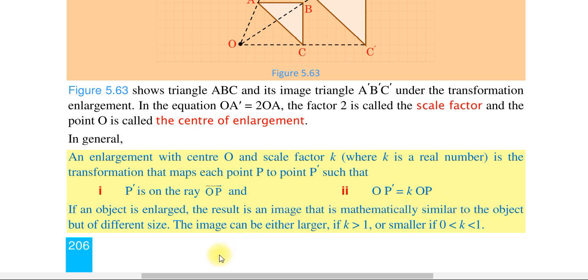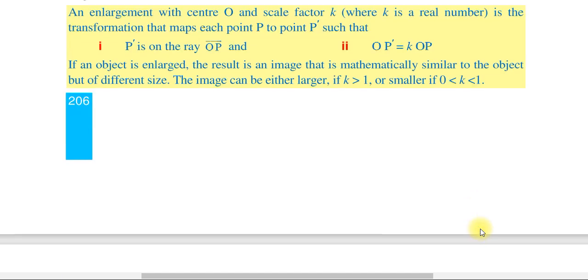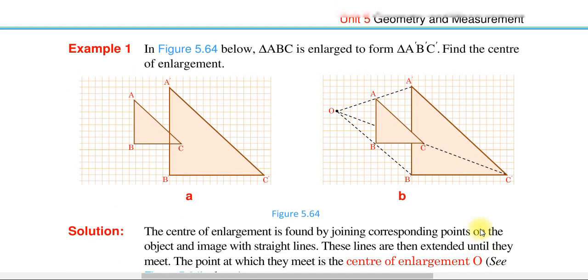If an object is enlarged the result is an image that is mathematically similar to the object but different size. The image can be either large if k is greater than 1 or smaller if 0 less than k less than 1. ያ ማለት k በ0 እና በ1 መካከል ከሆነ ኢሜጁ ስሞለር ይሆናል፣ ነገር ግን k ከአንድ በላይ ከሆነ ኢሜጁ ምን ይሆናል ማለት ነው፣ greater ይሆናል ማለት ነው።